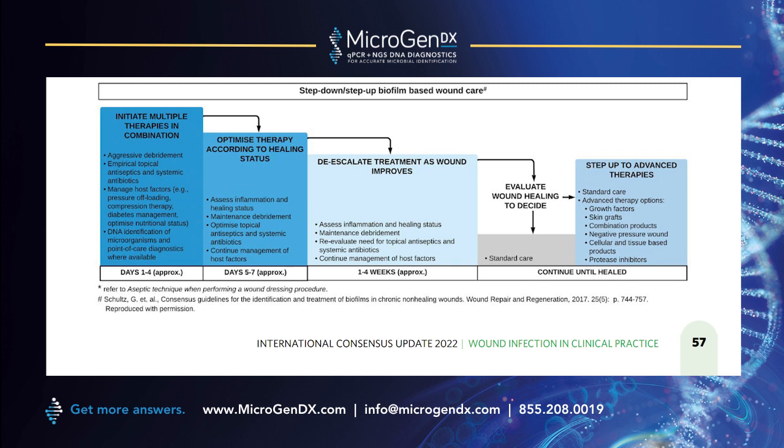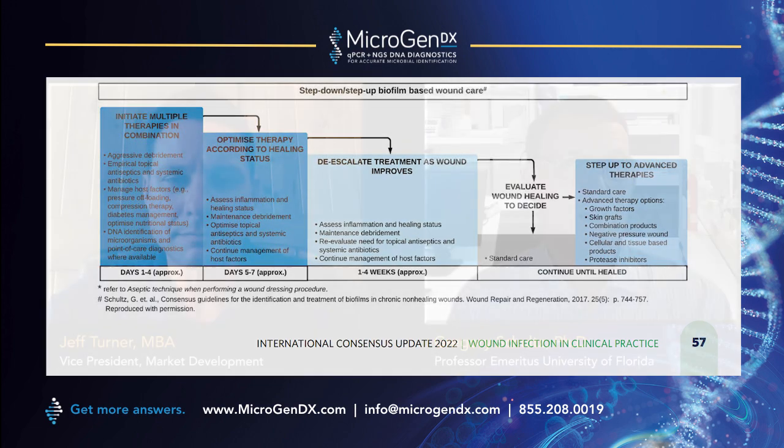They'll start granulating tissue, they'll start some epithelial migration, a little contraction, and the wound, in most cases, will go on to heal. But in many of these patients, they have such other comorbidities that they need some additional help. They need some benefit by providing advanced therapies. And many of these are like the cell and tissue products, like growth factors, split thickness skin grafts, negative pressure. All of these advanced treatments